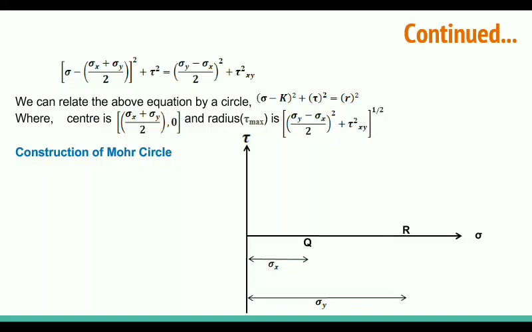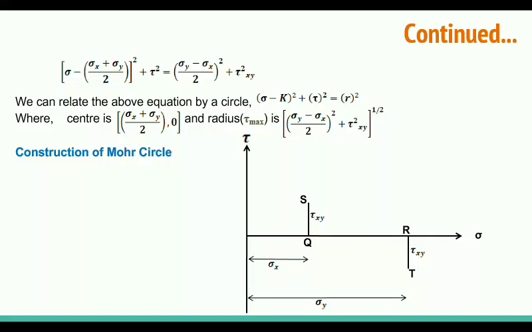Right. So take the middle of these points, or we can draw. So draw a vertical line from Q and R equal to tau xy, and it will go to S and T, right? Like you can see in this figure, where in the block in the previous slide we have taken anti-clockwise positive and clockwise negative. Here it is anti-clockwise, so we have taken positive, and clockwise we have taken negative.